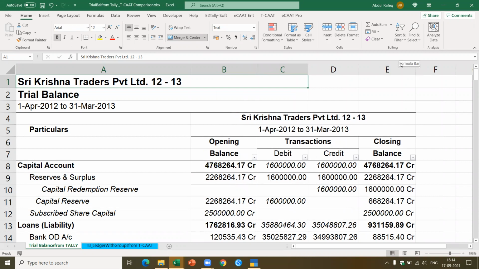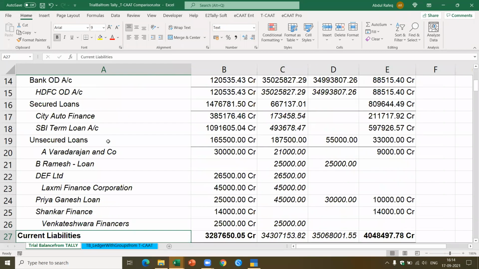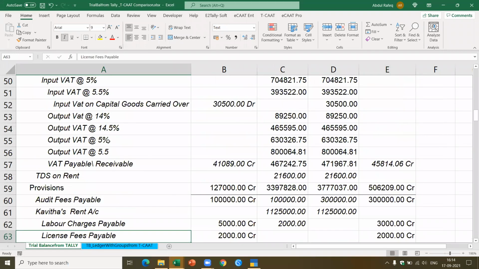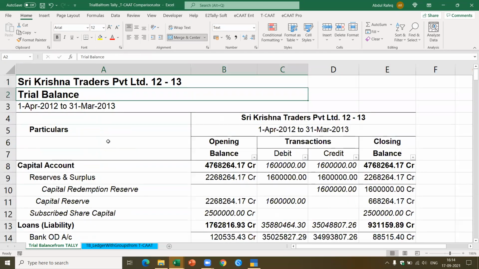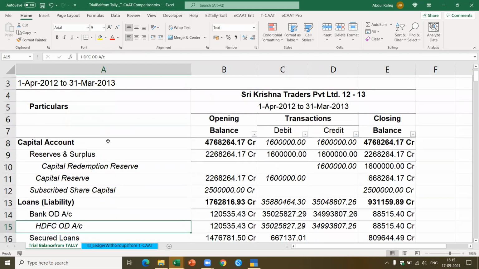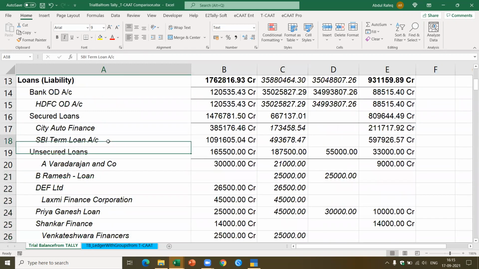when you export it. There are various ways you can get a trial balance from Tally. This is what you get. Quite often we export this trial balance, or you can also get the trial balance in Tally as per the ledgers or the groups. And generally we take this format and our team will work on it to format and prepare the balance sheet and the profit and loss account as per Schedule 3 or any other format you want. So this becomes the most common format.